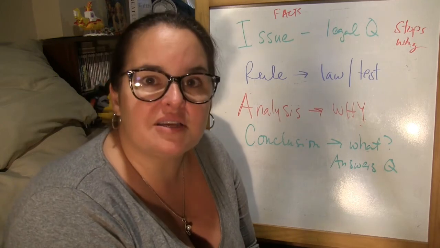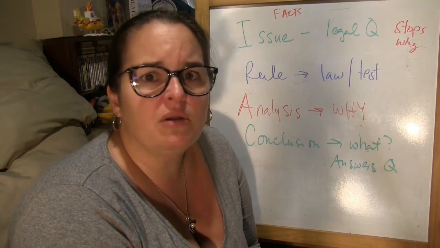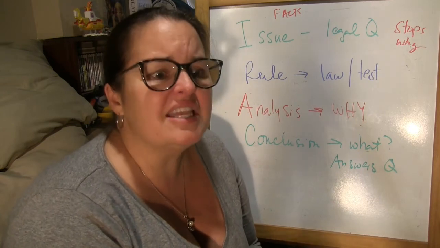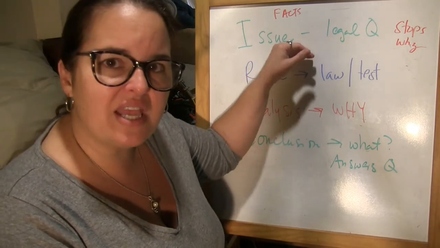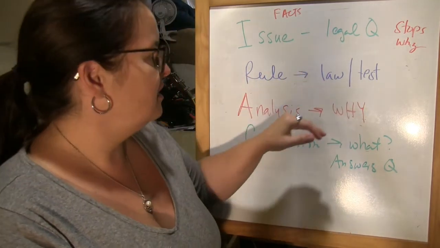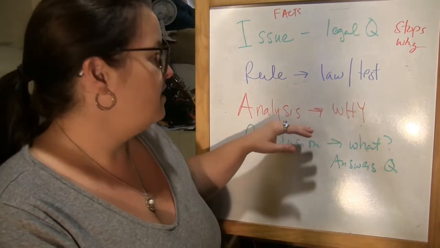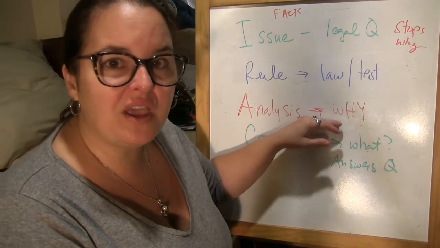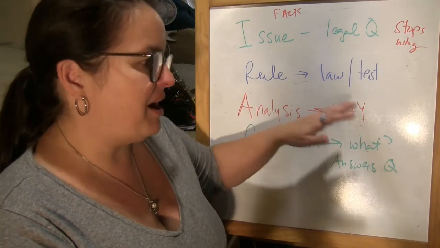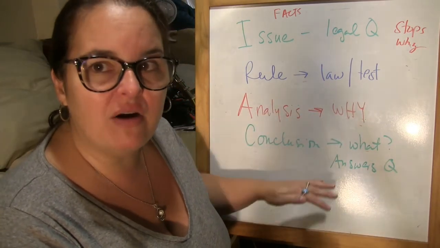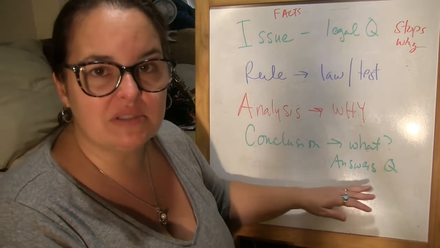So when you have a bar exam question and it's a torts question that says, is A liable to B for negligence? That's my issue. Is A liable to B for negligence? The rule is duty, breach, causation, damages. You'll learn it later. The analysis is, yes, because they breached a duty. They breached a duty by this. Here's what the duty was. You're going to lay it all out in an analysis. And then the conclusion, yes, A is liable to B.